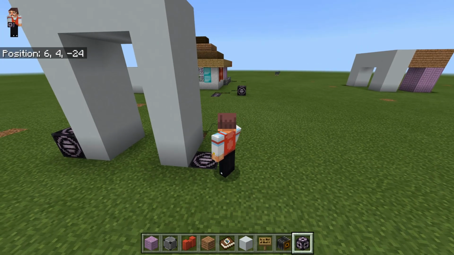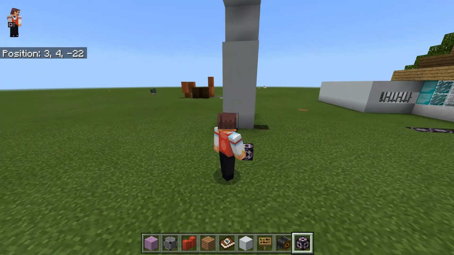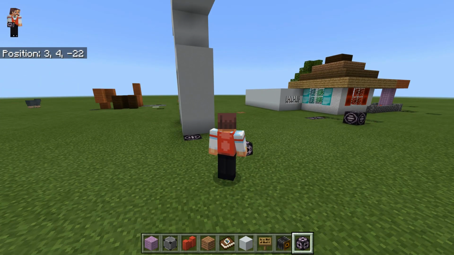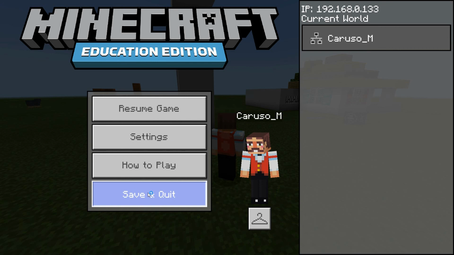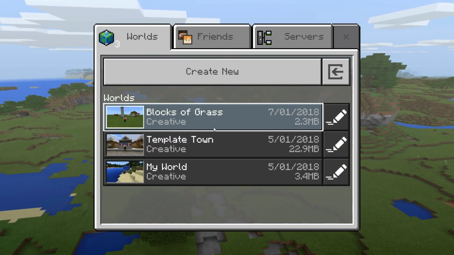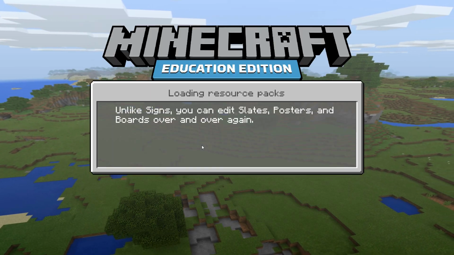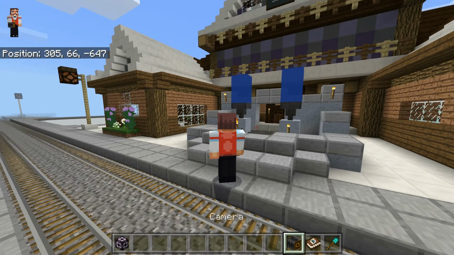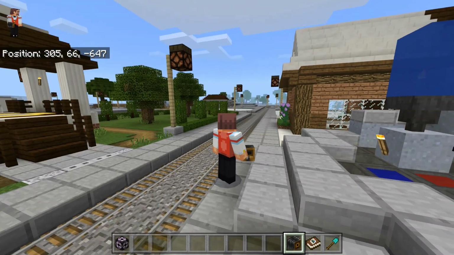Obviously this is a world I've been playing a fair bit and I'm quite familiar with where the x-axis is, so I'm going to quit this world and go to a completely new world that I'm not familiar with and show you that the same principles and steps apply. So we're going to go to this creative town. That's one of the defaults built into Minecraft. They've got some very fancy structures that I'm sure would have taken a lot of